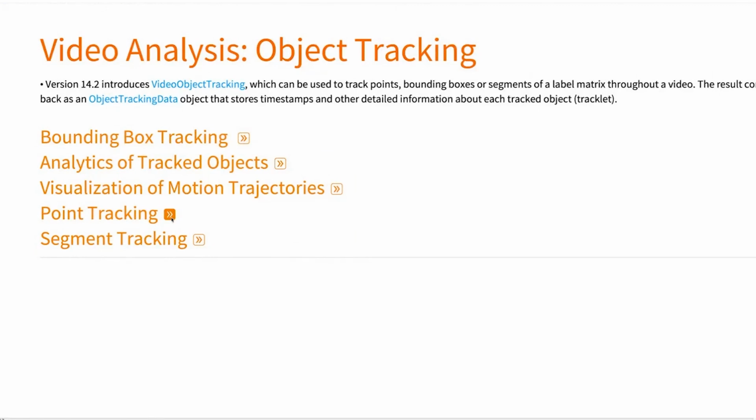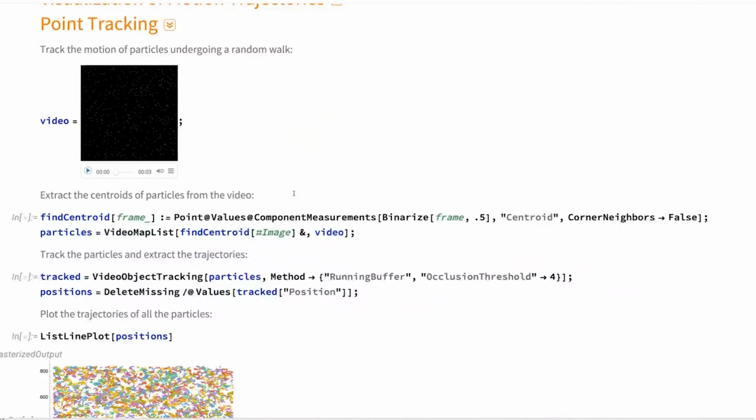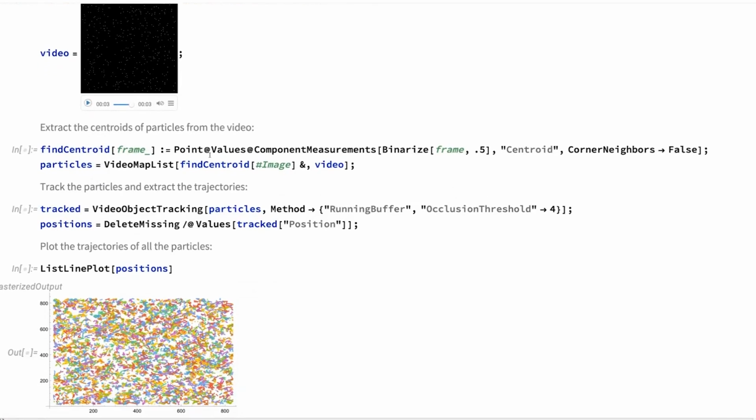Similarly to bounding box tracking, which has been the thing I showed so far, we also have point tracking. So here I have a video of a bunch of points moving around. These are some particles going on a random walk. Here the code is running a quick